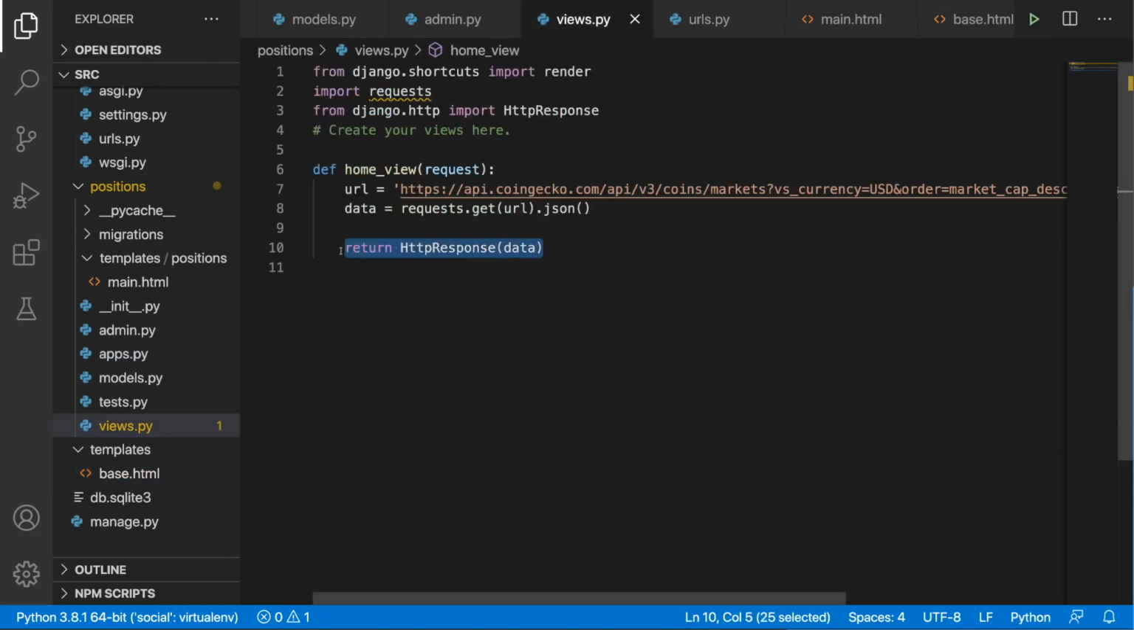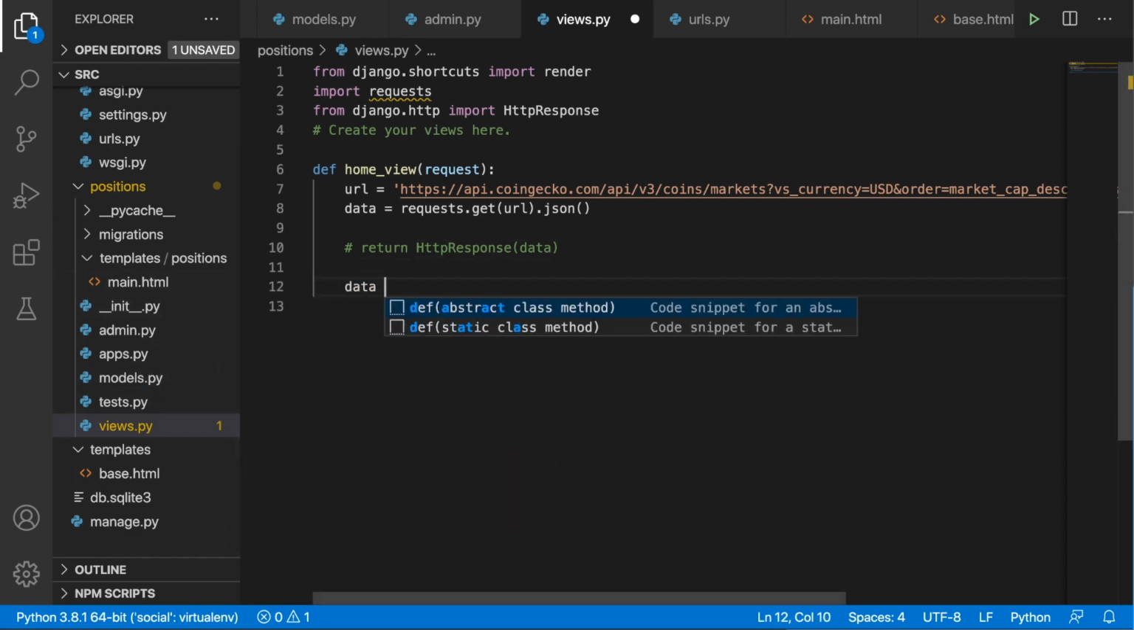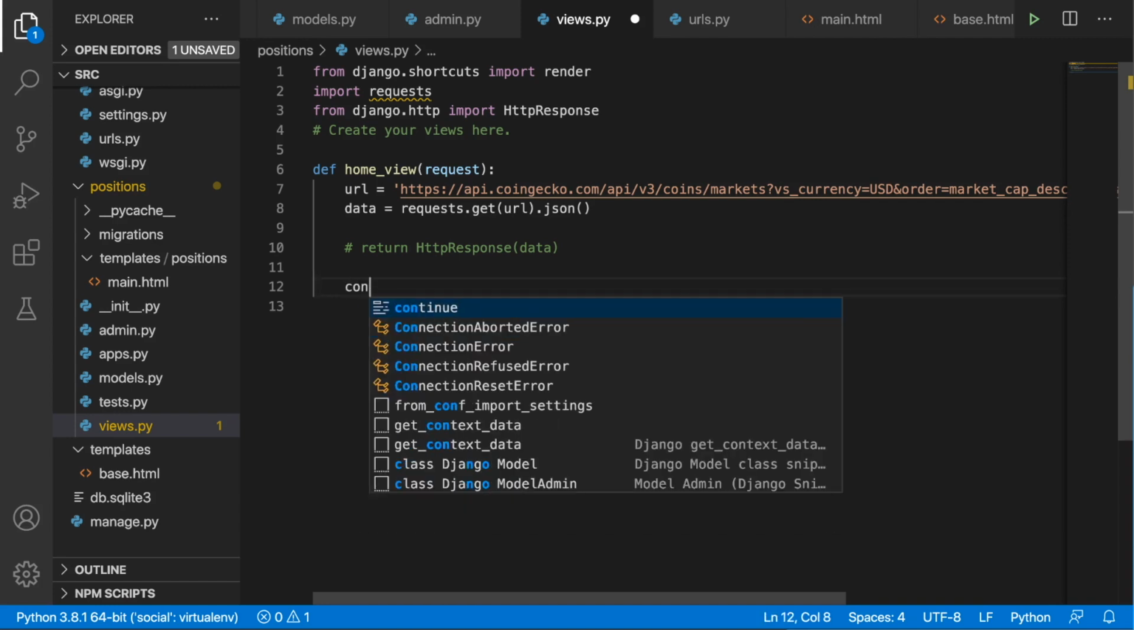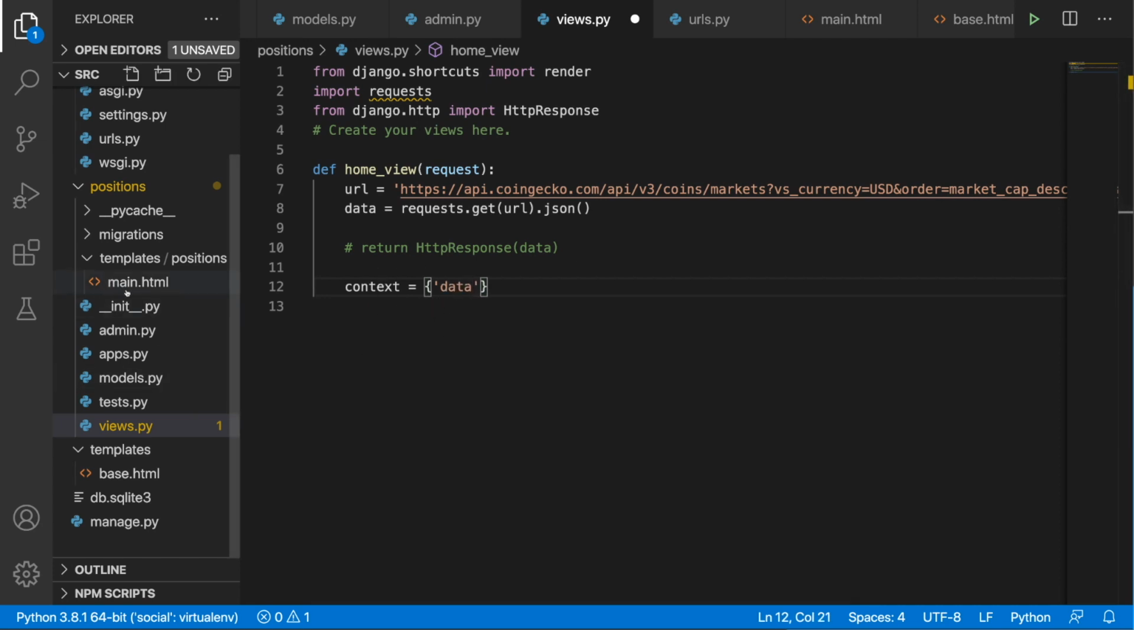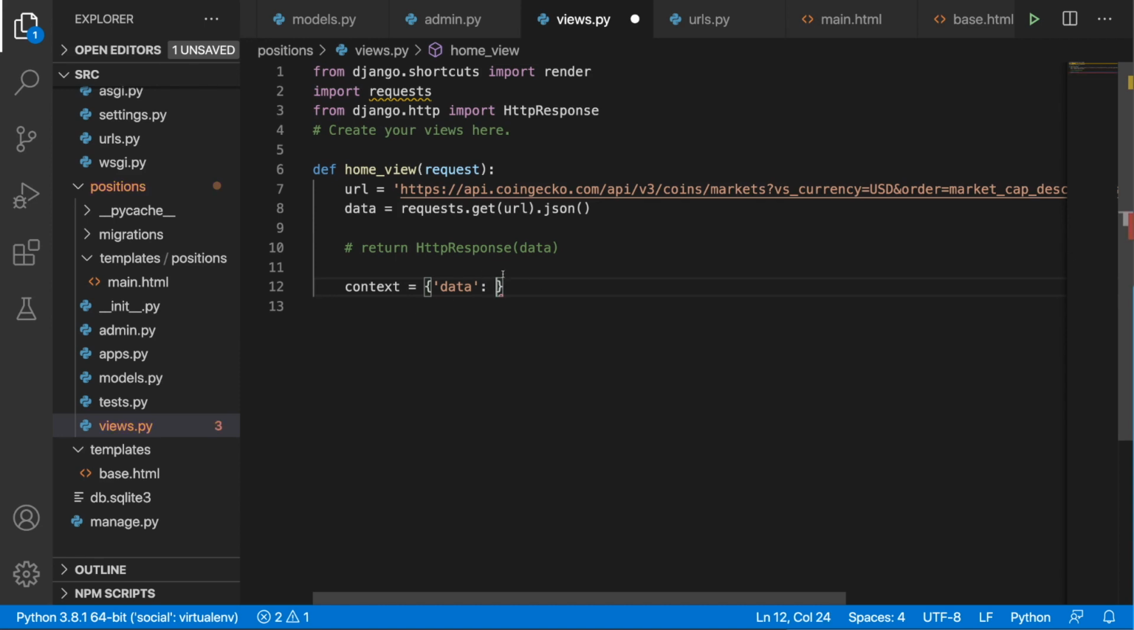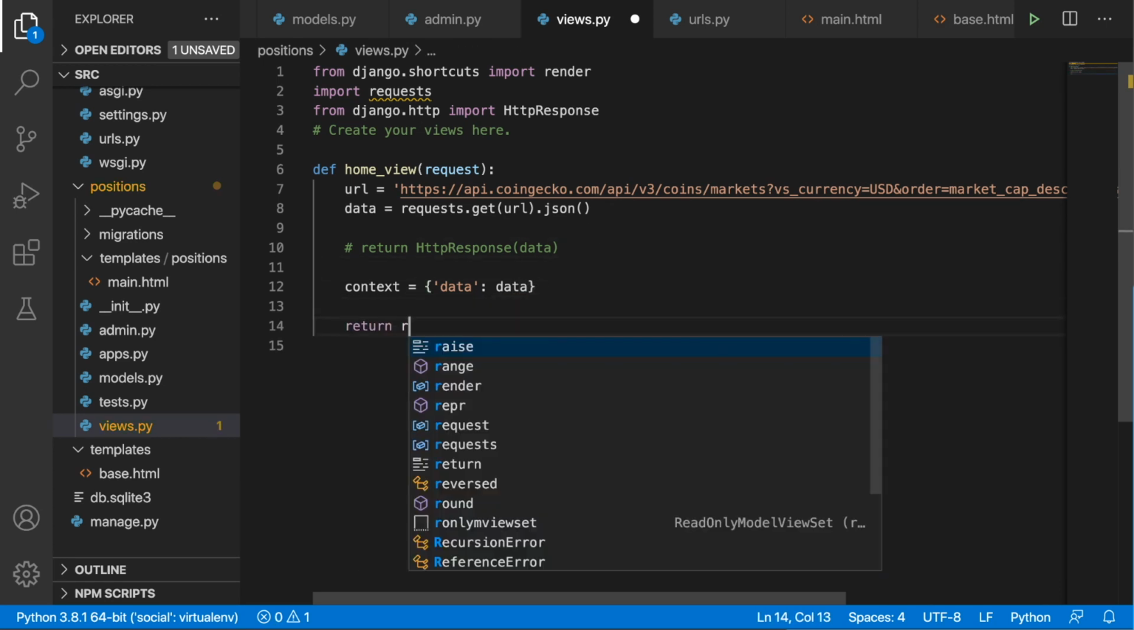I'm going to comment out return HTTP response data, because right now we want to pass the data into our main HTML. In order to do that, let's define a variable called context, and as a key that we are going to use inside the template, let's call this key data, and as a value, let's assign this variable over here. And finally, let's return render